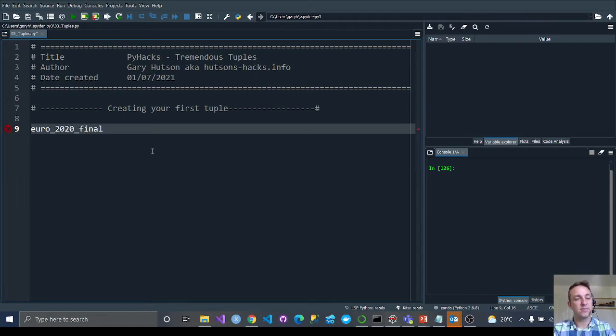So what I focus on is the Euro 2020 finalists. Let's call them Euro final. And we're going to set it as a tuple. So previously we set it as a list with square brackets. This time we're going to have parentheses. So I'm going to put England because they're remaining,